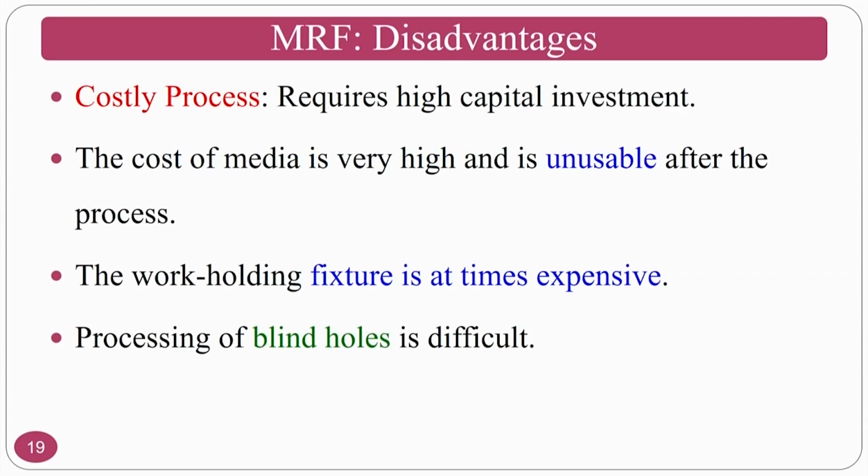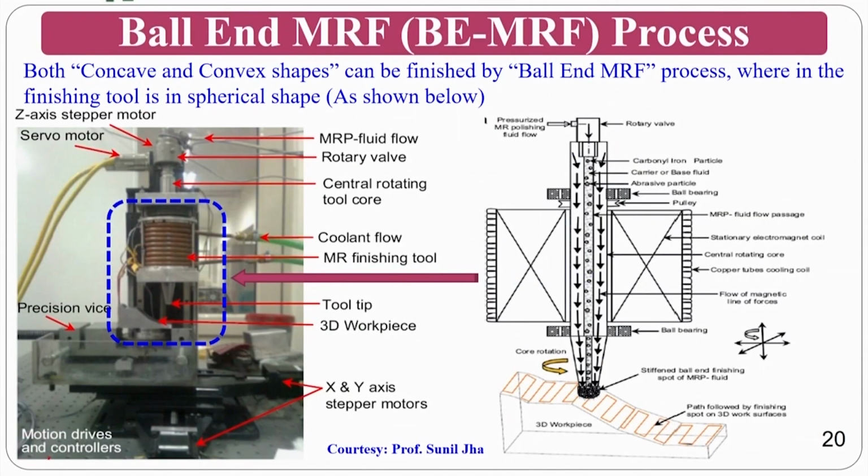But the disadvantage is, this is a costly process and the cost of the media is very high and unusable after the process, and work fixtures sometimes are expensive and it cannot be used for blind holes. That is a basic drawback of this particular process. However, it can be overcome by some of the advancements of the MR finishing process, that is called ball end MR